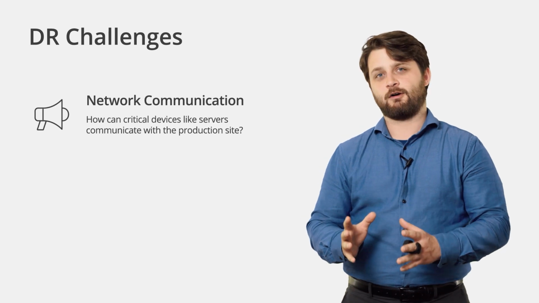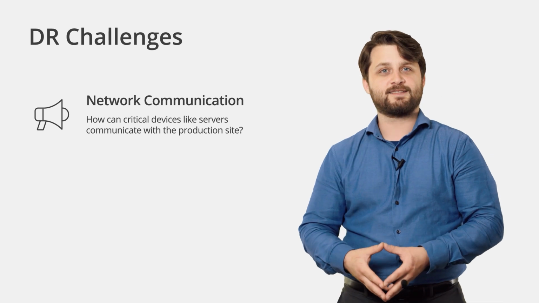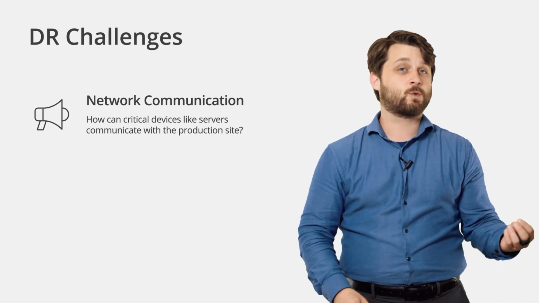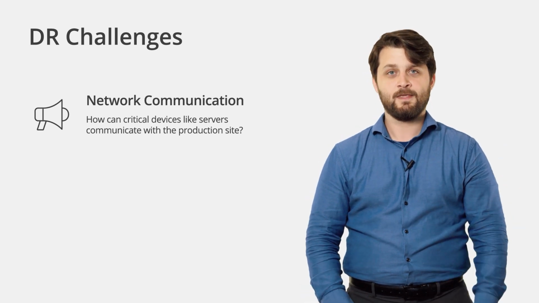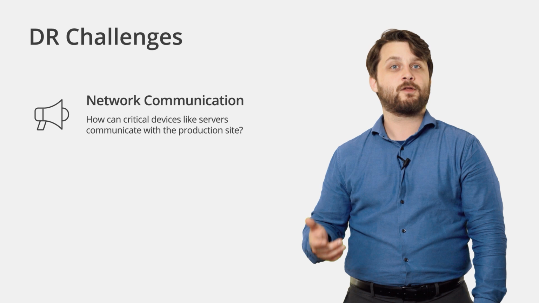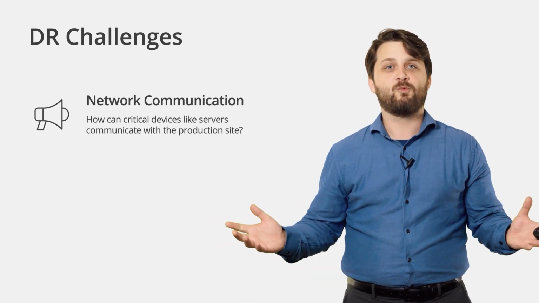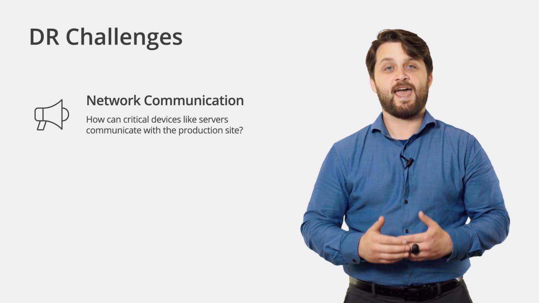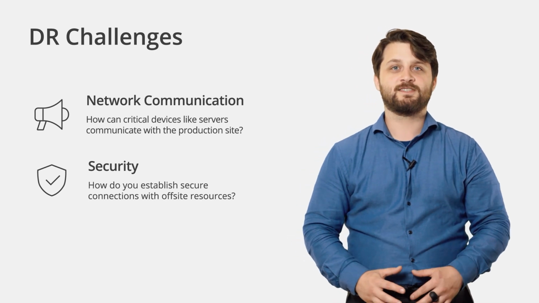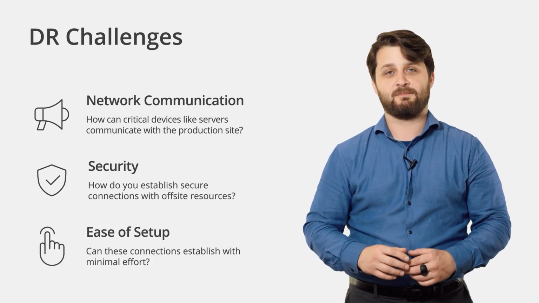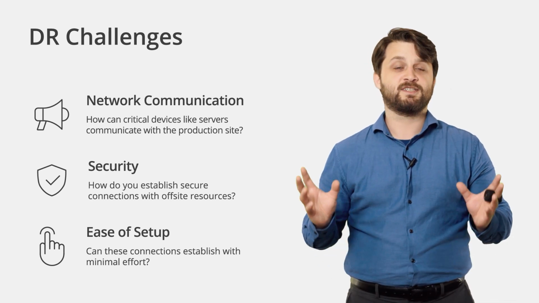Now, let's imagine in this scenario you have a critical piece of infrastructure go down, like a server, for example, and luckily you had some backups that you're able to fail over to and restore from off-site. Let's say you restored that server as a VM, for example. But you might still have some functional equipment on the primary site, like endpoints, that need to communicate back with that server. So you need to find some way to get the two locations to talk to each other. And you want this communication to happen the most secure way possible. Lastly, you want this to be easy to set up and available on demand, so you're not working through config files or a command line to get this communication established.